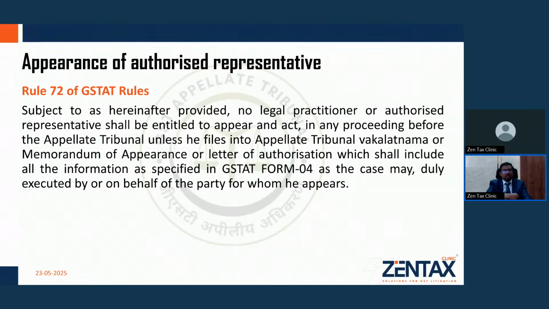So, appearance of an authorized representative. Unless the authorized representative files a vakalatnama or a letter of authorization, which shall contain the details as contained in GST APL form number 04, he shall not be allowed to appear. But once,